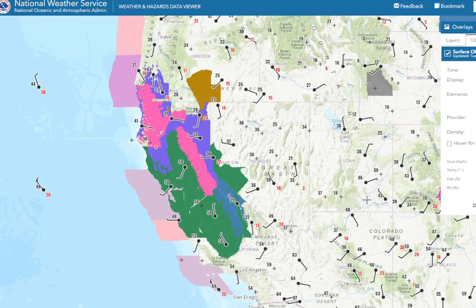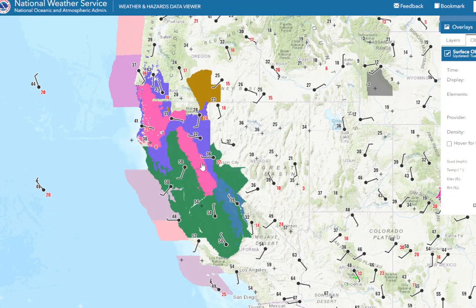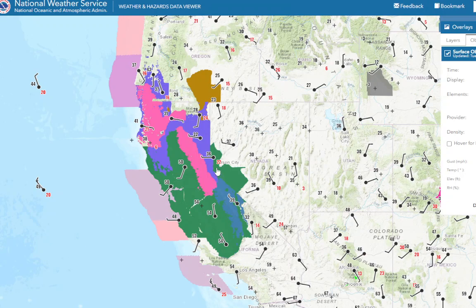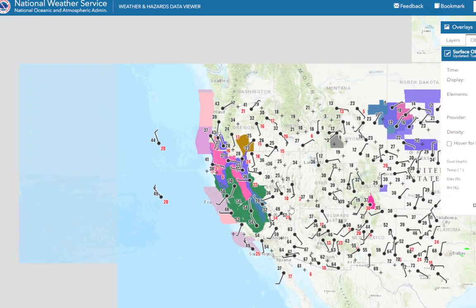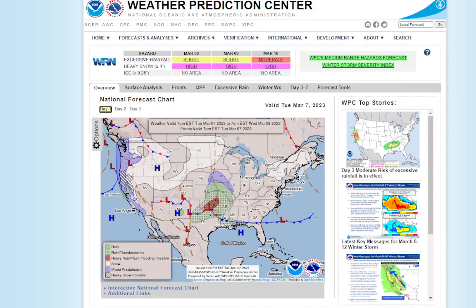And then look at the west. Here we go again. This is the problem. We've got flood watches in effect because now there are going to be more storms crashing into the west, with rain and snow in the mountains again. Got winter storm warnings. Another storm for the west coast. We're going to look at all this when we get to the models. Looking at the current weather map right now,